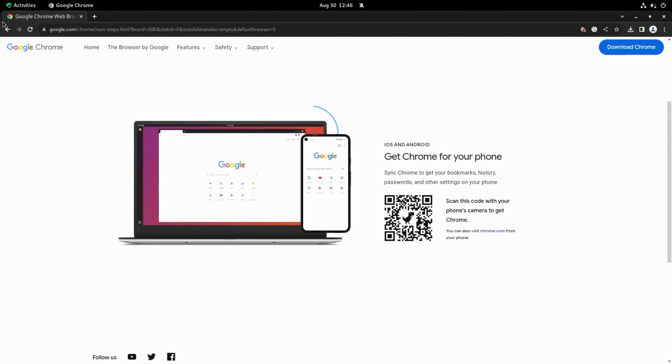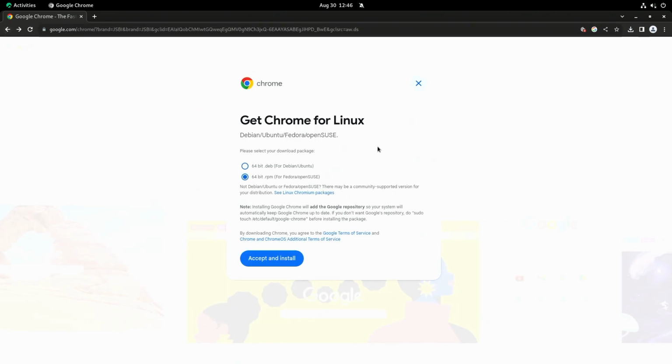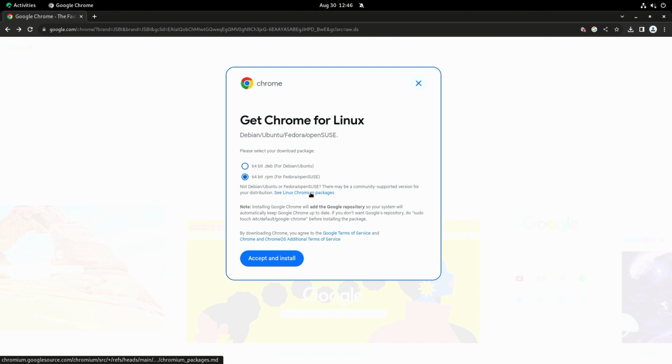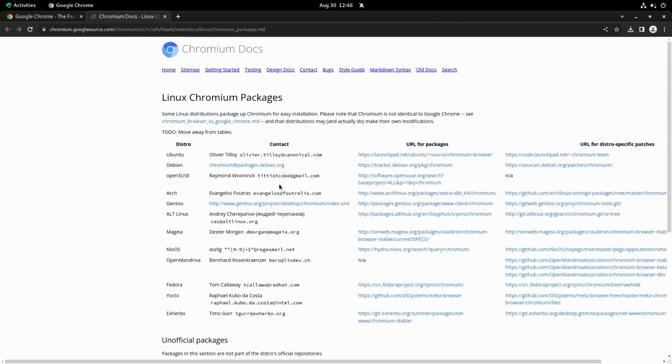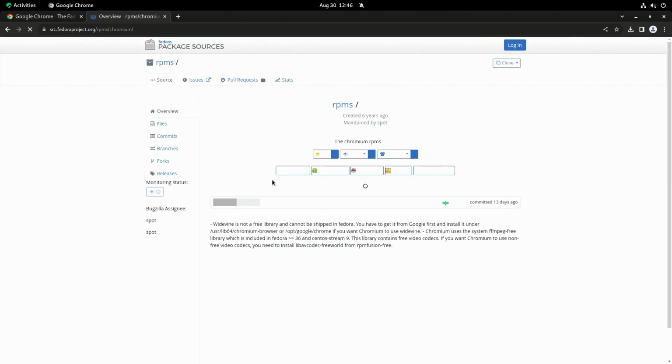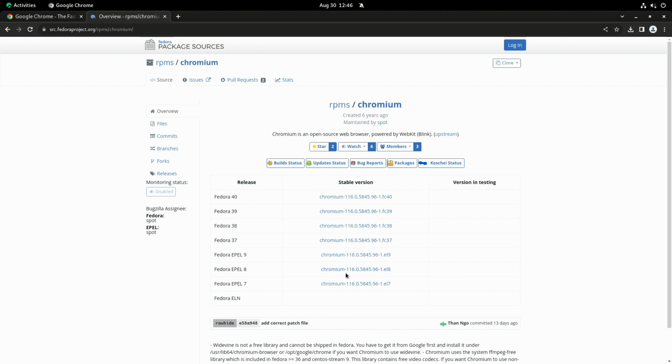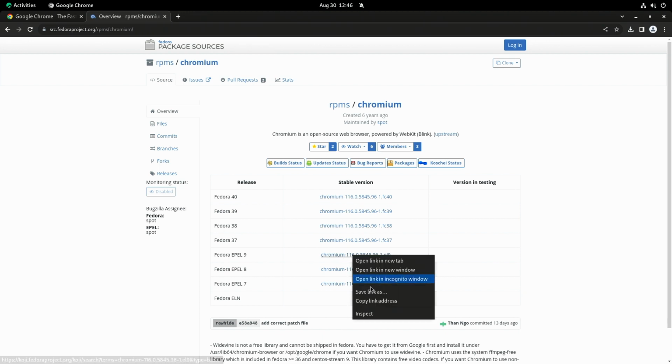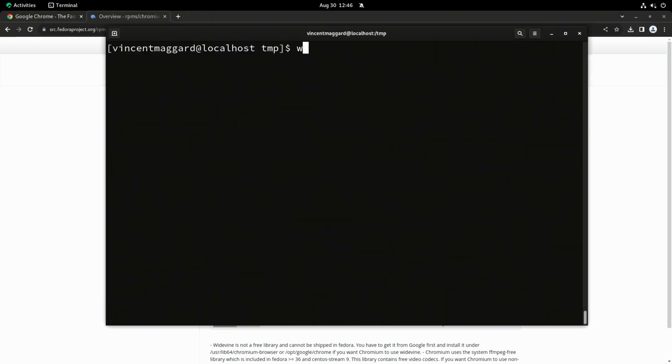But let's say something does work. We could grab one of the open source builds. That would probably be something that we could actually do. So let's go grab this, go right here, and I can just wget it.